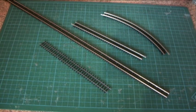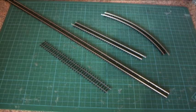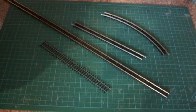Now, as you're probably well aware, the main manufacturer of track in the UK is Peco. They've held that position for very many years. There are advantages and disadvantages to that. Everyone's aware of their existence, and that they're the people who have the widest range of track available, but it also means that they have tended to slightly rest on their laurels in the last 5 or 10 years, particularly as there's been a massive improvement in the quality of rolling stock,